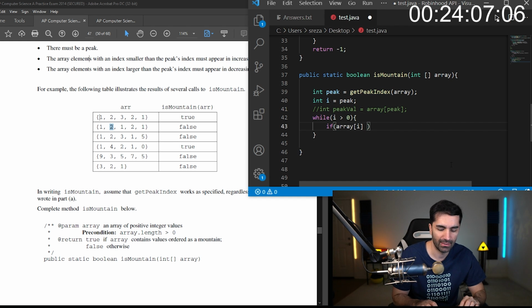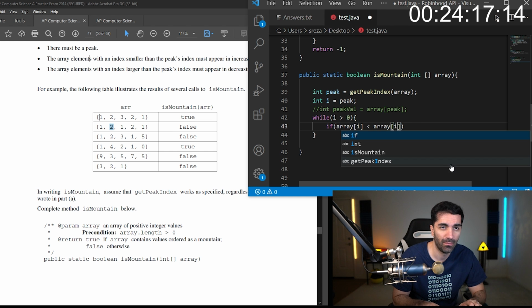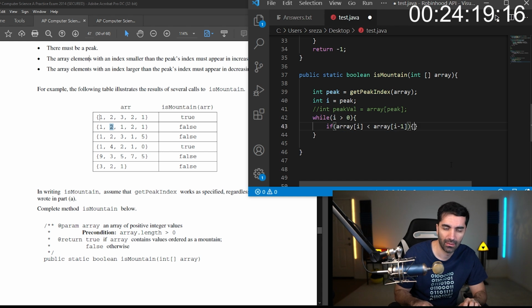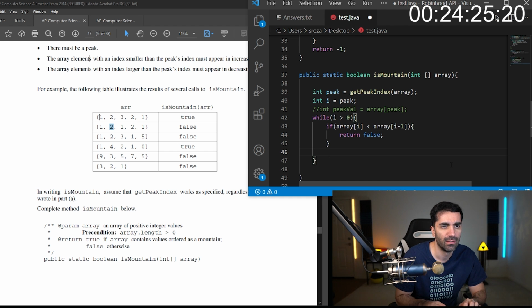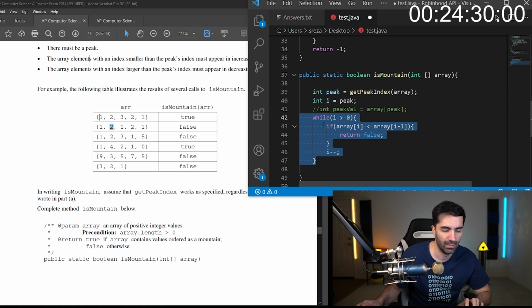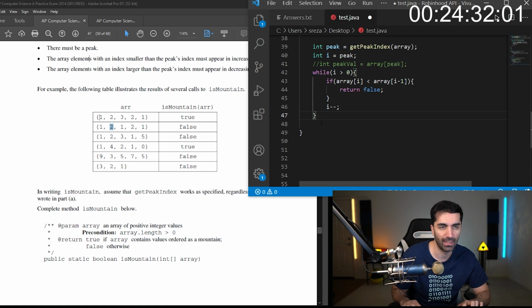So if array I is less than array I minus 1, then we want to return a false. Otherwise, I minus minus. And then we're just going to do the opposite for the other side.